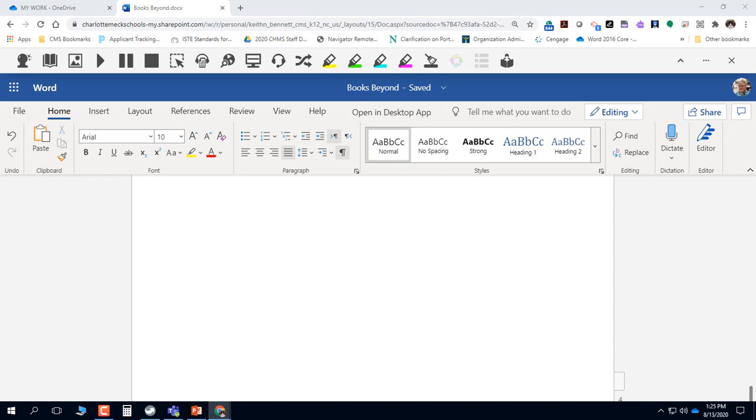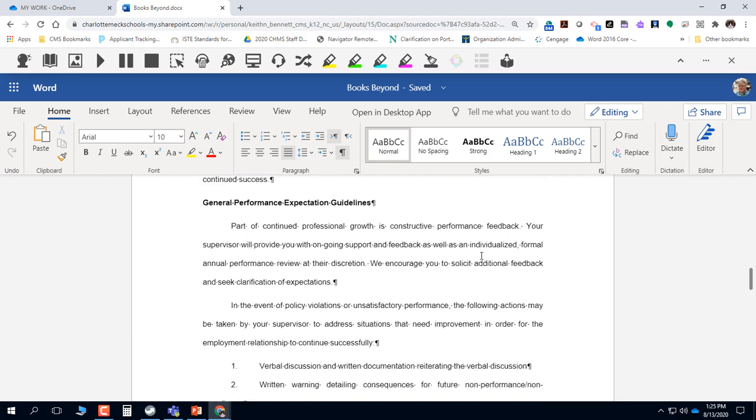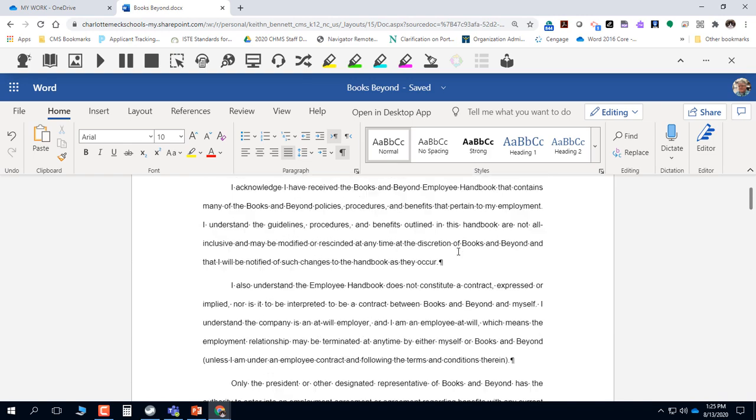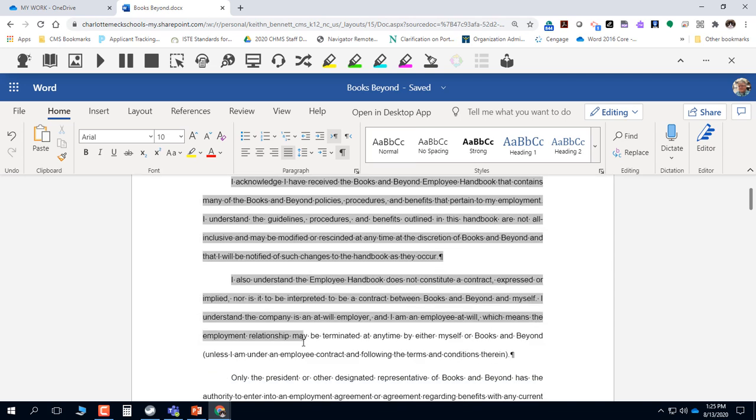So now we're going to learn about hanging indents. Now again, a hanging indent is the opposite. A hanging indent is where the first line of a paragraph is flush with the left margin, and all the subsequent lines of a paragraph are indented. So what we want to do is we want to come back to the first 2 paragraphs under the heading Acknowledgement. And we want to select these 2 paragraphs. The first 2 paragraphs right here,